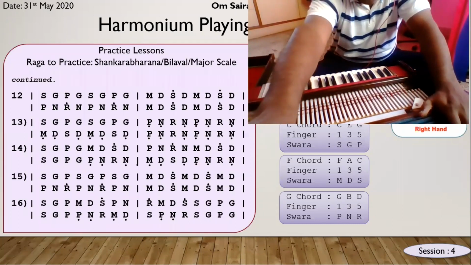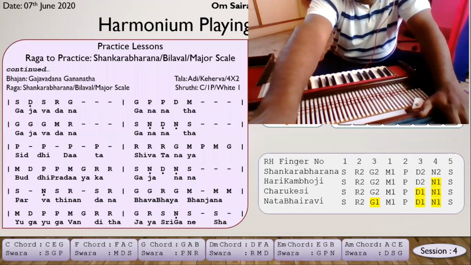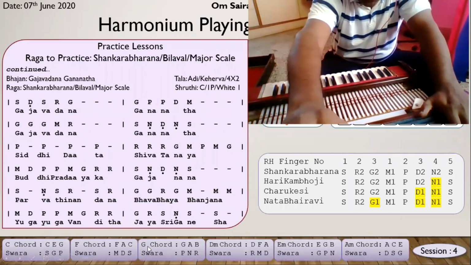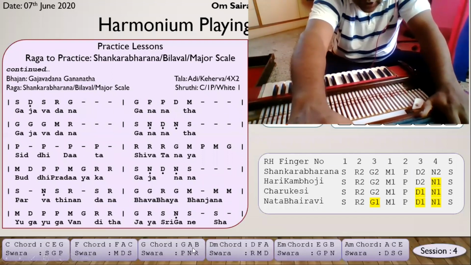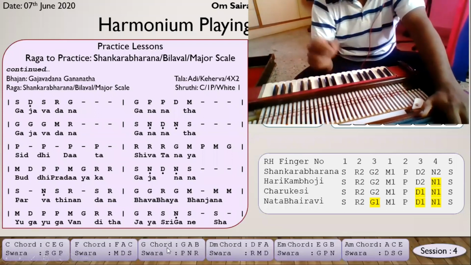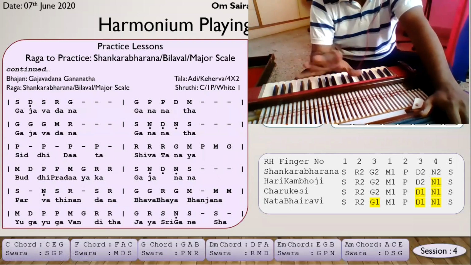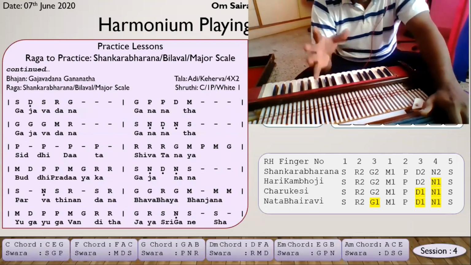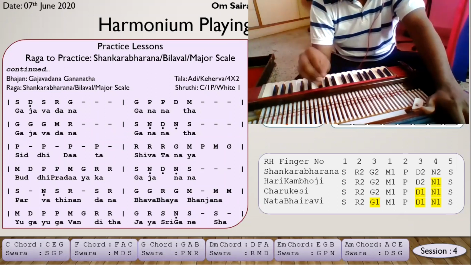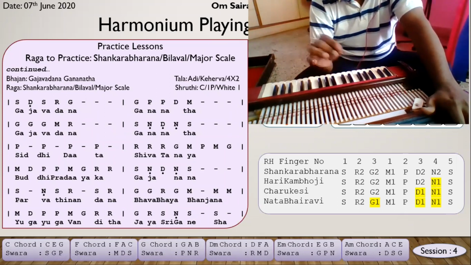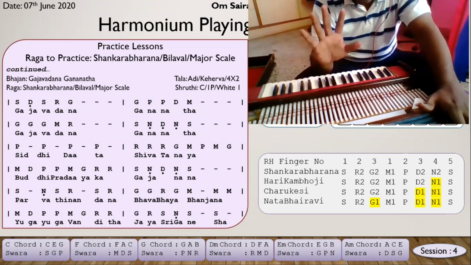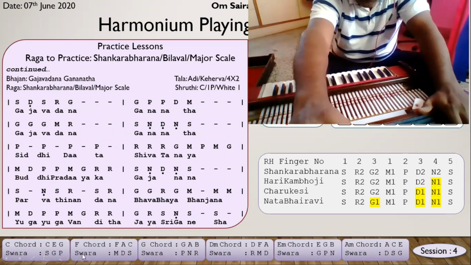I will immediately start with minor chords. What is a minor chord? If you look at the slide at the bottom, I'm just moving the mouse arrow. You can see there's G chord, F chord, C chord, F chord, and G chord. Whenever a chord is mentioned without any notation, like C chord or G chord, it's a major chord by default. Whenever somebody says C chord, it means a major chord. If it is a minor chord, they'll say C minor. Remember that. You can also say C major. So here I mentioned C chord, F chord, G chord; by default they are C major, F major and G major chords.